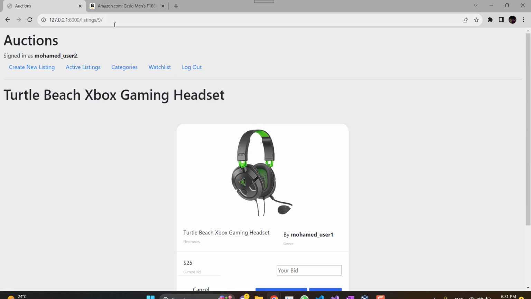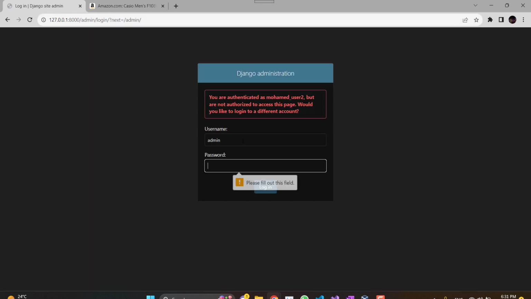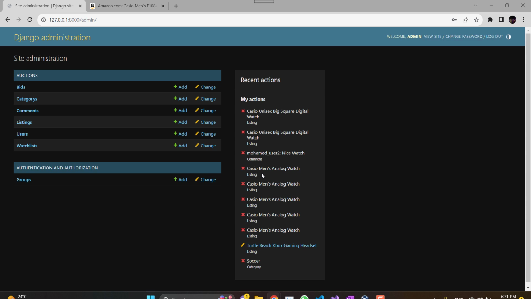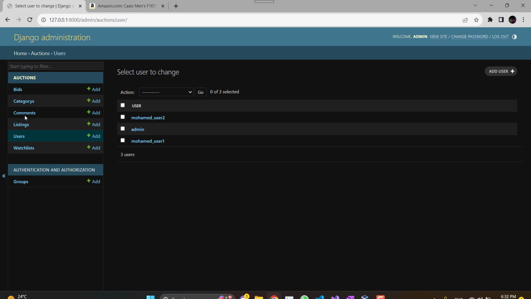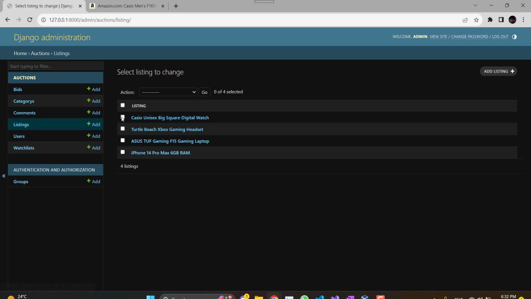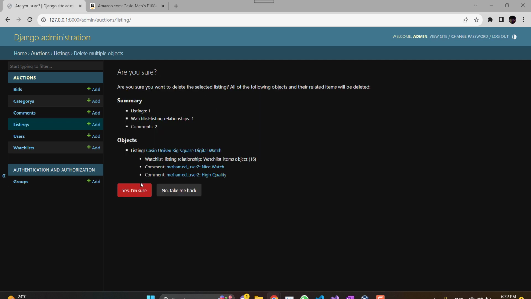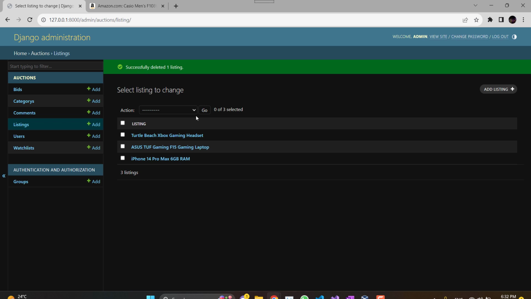The seventh feature I'm going to show you is the admin or the super user. As you can see, as a super user, I have the option to view all listings, comments, and even users. I can choose to delete this listing, for example, and also the comments will be deleted. And as you can see, it has been